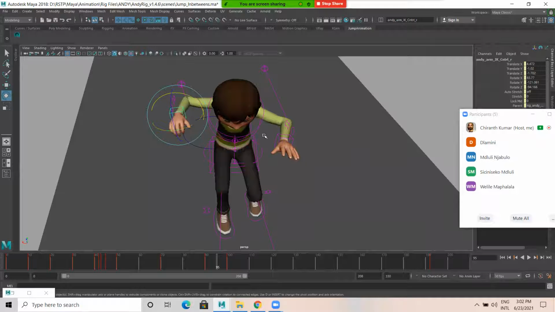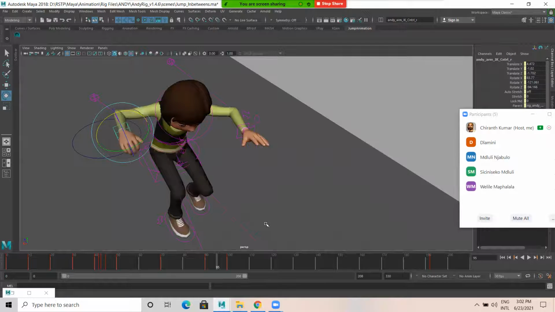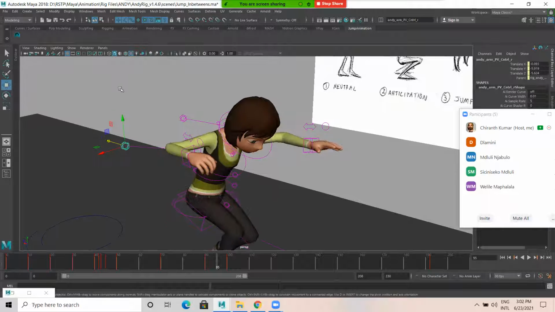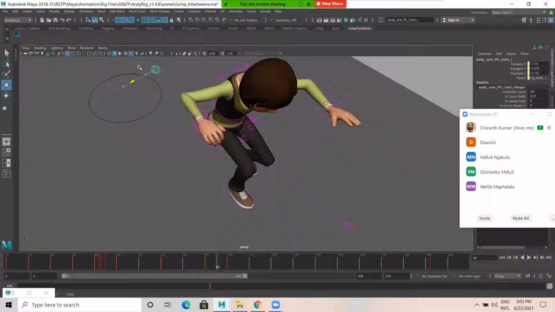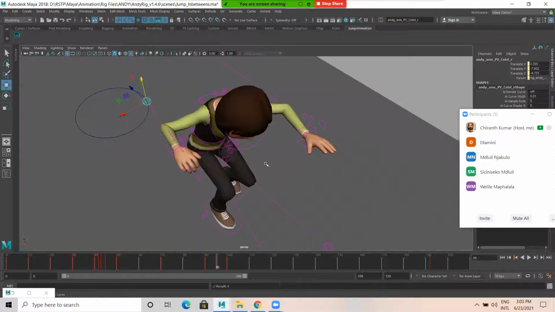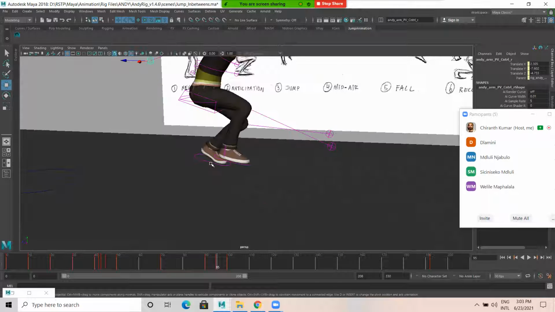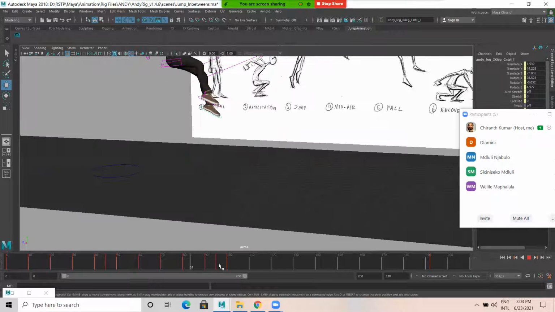Up to here only it's fine. So I'm going to key this. Whichever you are selecting, just select modify and key immediately. Set key. And this a bit down. Set key.